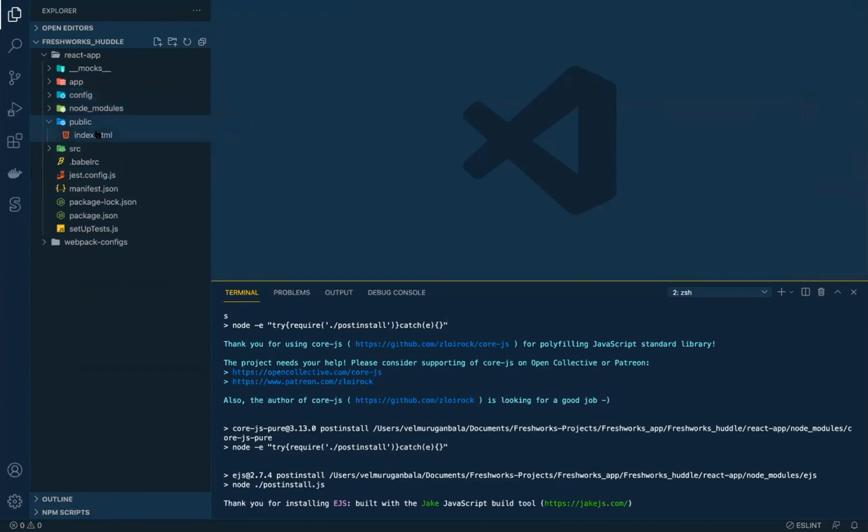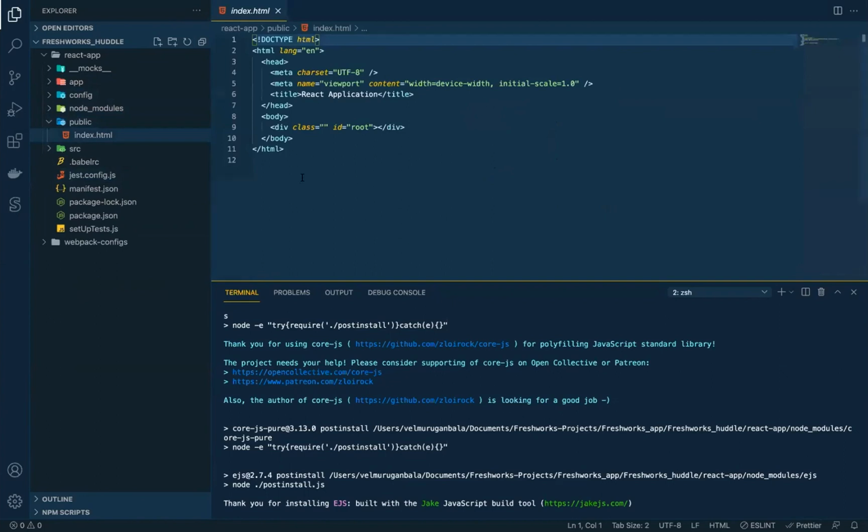Then there is a public folder. The public folder has a file called index.html, which is nothing but a template. Whenever I run the FTK run command, it essentially invokes Webpack. Webpack takes this index.html as a template and builds the app's index.html.